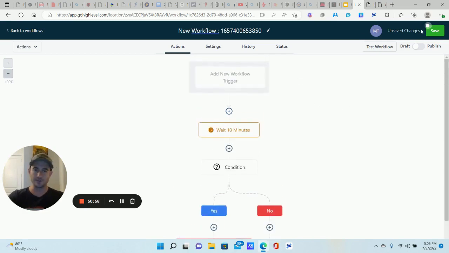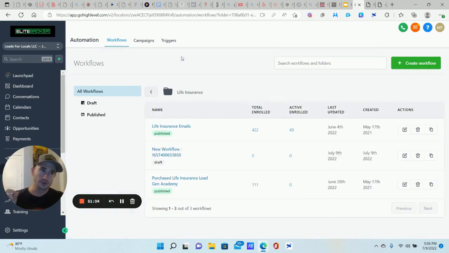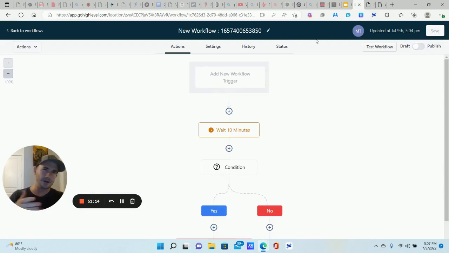And once you have this one made, then we save it, and then we go back to our, let's see, which one are we doing here? Hold on. Okay, actually, we're going to go back into that one. My apologies. For some reason, I was thinking to add them to another workflow from a different one, but actually,